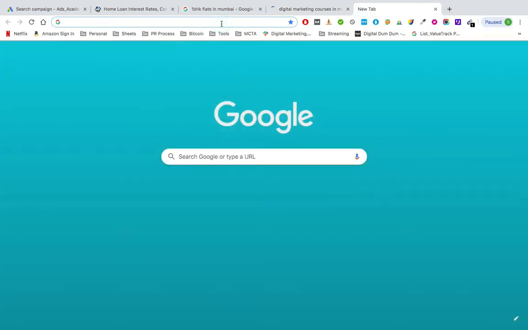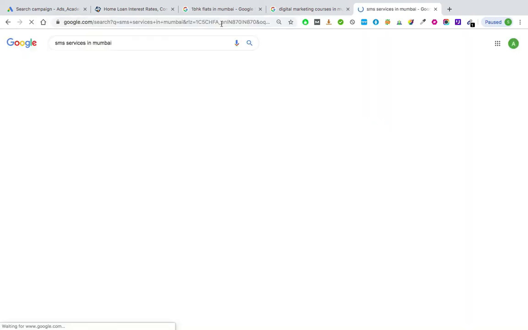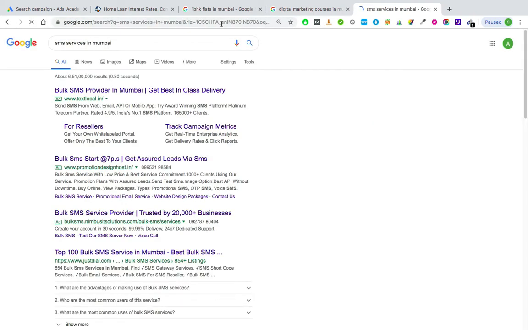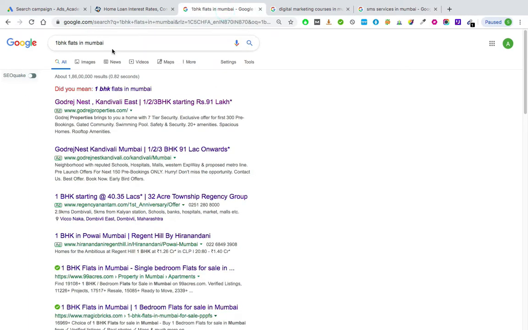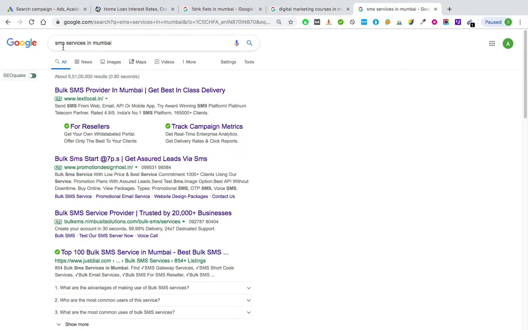I'll use one more, SMS services in Mumbai. Three different search queries from three different domains. Okay, so over here I have 1 BHK flats in Mumbai. Over here I have digital marketing courses in Mumbai, and over here I have SMS services in Mumbai. Now let's look at the ads.